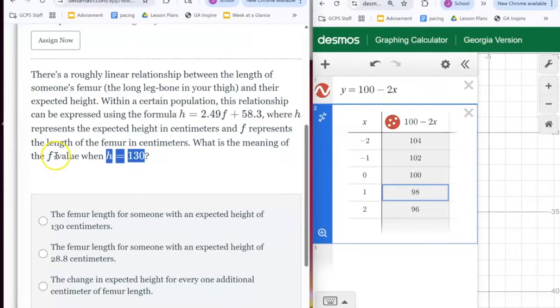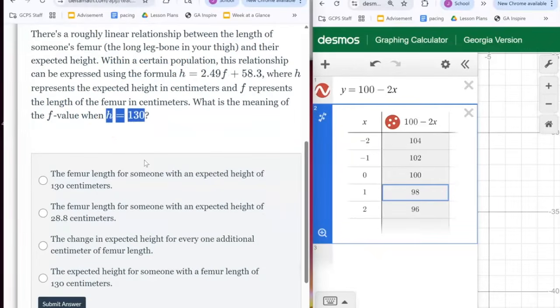I guess, I don't know, the leg bone in your thigh when the height is equal to 130. That's the question. So you're only looking for, if my height is 130, what is the femur? And again, I can put that in here, but you don't have to because it's just asking what it means. If it did say evaluate for when h is 130, you put the equation in, and then you go to